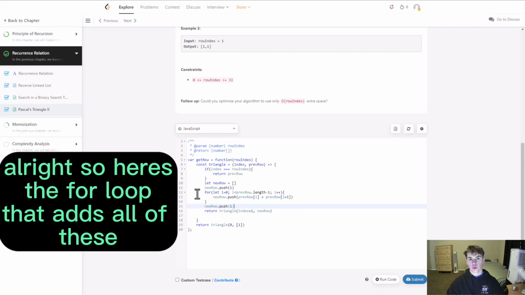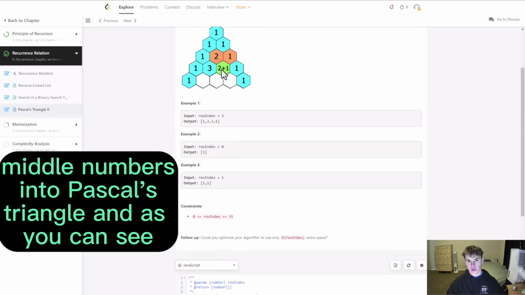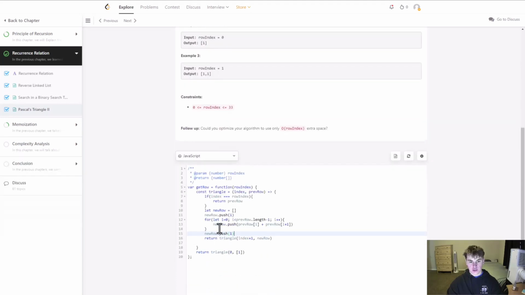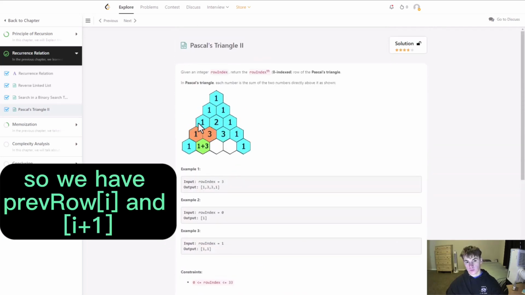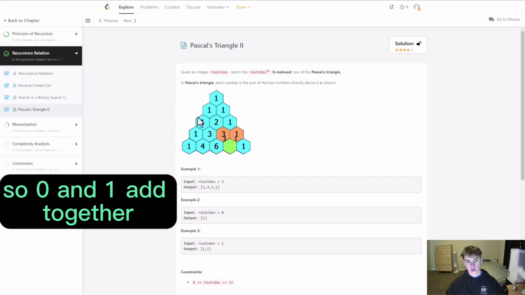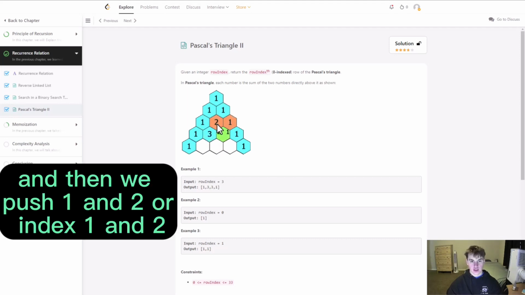Alright, so here's the for loop that adds all of these middle numbers into Pascal's triangle. All we're doing is pushing prevRow[i] plus prevRow[i+1], and you can see what's going on right here. We have prevRow[i] and [i+1], so 0 and 1 add together, and we push it after the one that we pushed before the loop, so we get 3, and then we push indexes 1 and 2, I guess it's kind of confusing,